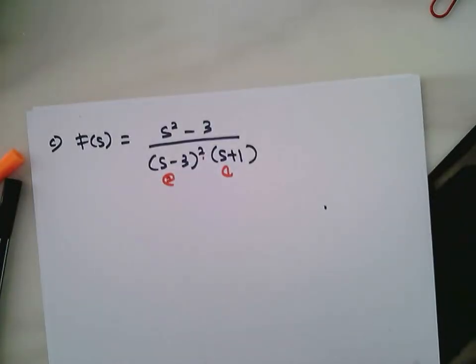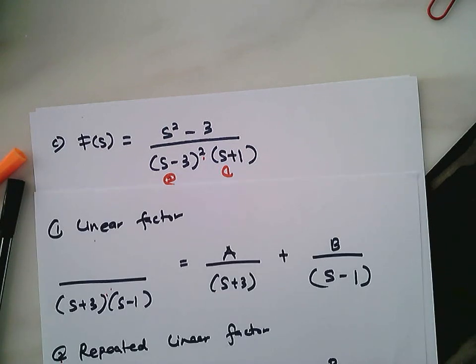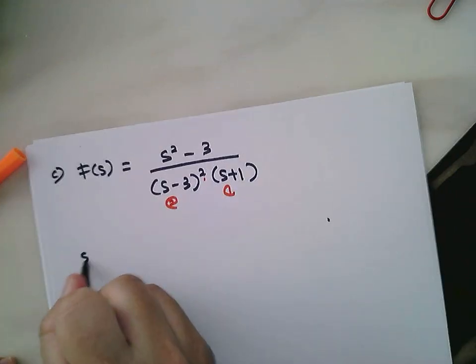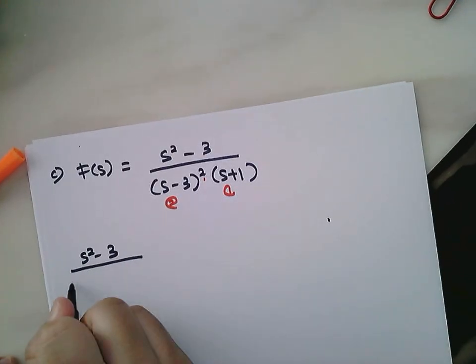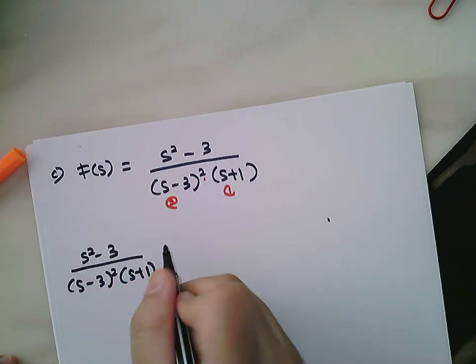So since you already know, you can write down your partial fraction that is suitable with the function. So (s squared minus 3) over (s minus 3) squared (s plus 1), which is equal to